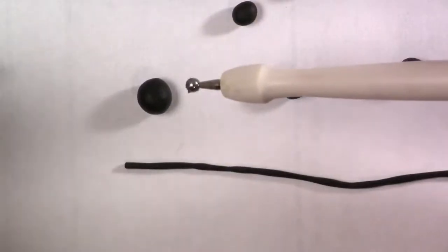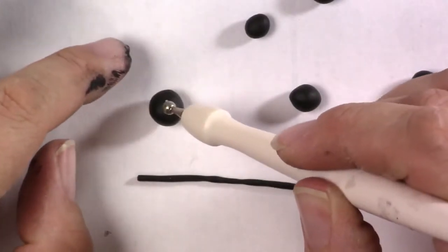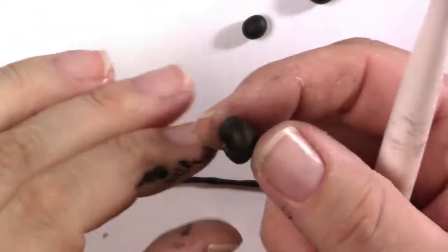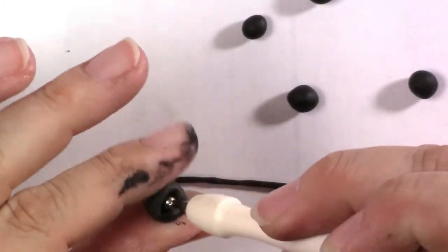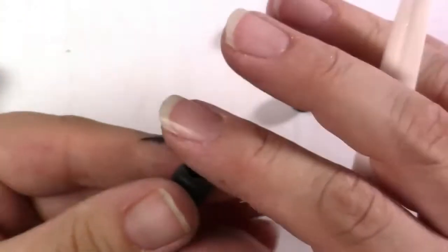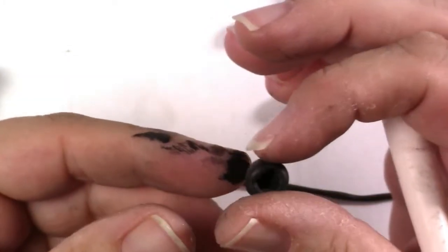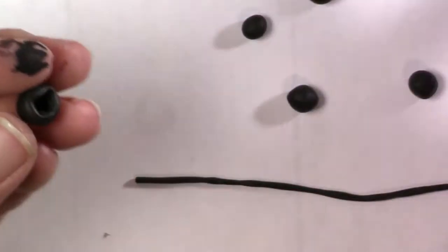Okay, so I have this pointing tool. It's actually what I use to score with. But you take your little ball and you push the big side down in the middle and you just roll it around. And it's going to give you this little odd shape. And then I just kind of roll it between my fingers back into this shape, and at the same time hollow it out with this. Okay. And then you squish it. Just try and get a circular shape,